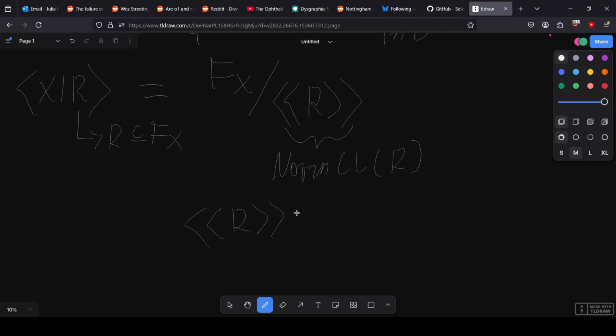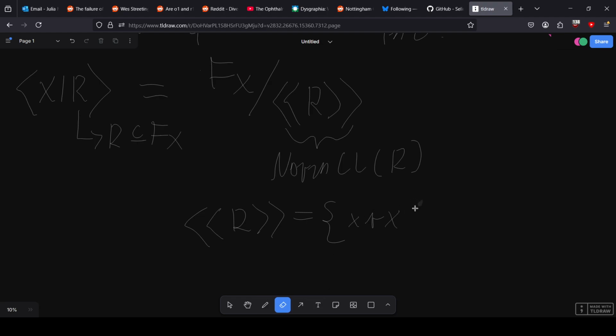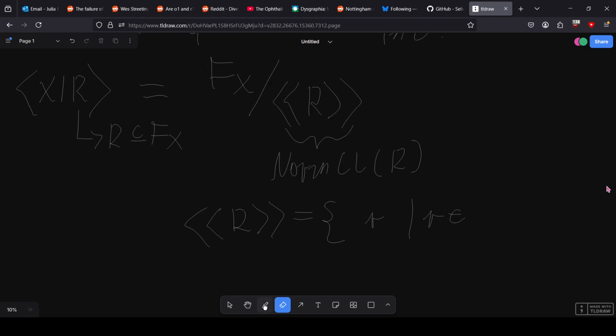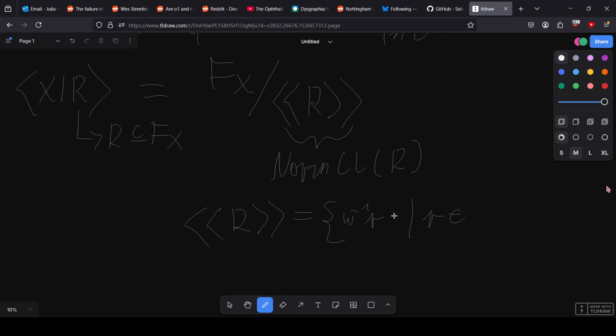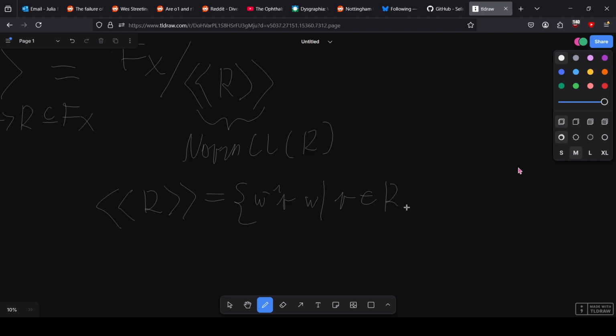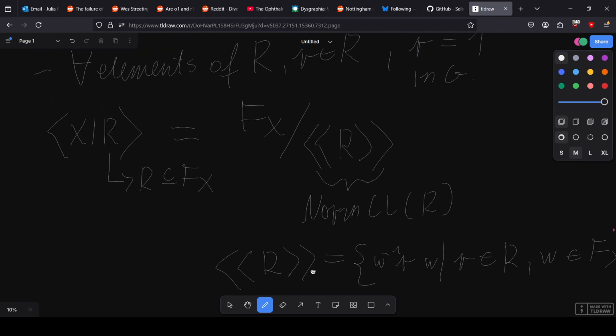And there is an explicit way to describe this, as this is exactly the subgroup that is the set of all conjugates of elements in R by words in F(X). So,